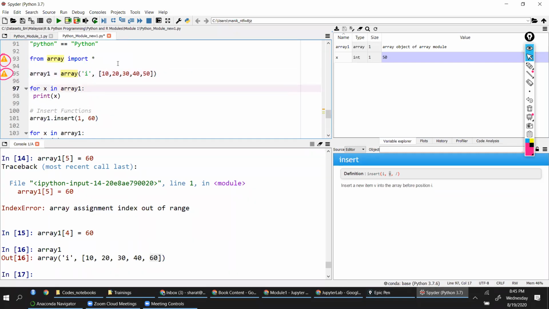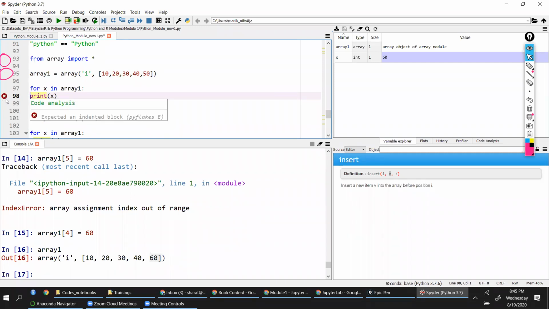But when you're getting errors, red color symbol, say for example, look at this. This red color circle that you're seeing is a code error, syntax error, expected an indented block, but it is not finding that. So when you have for loop, the follow up, after your colon, the value should have the indentation. Indentation is another very, very important thing in Python.